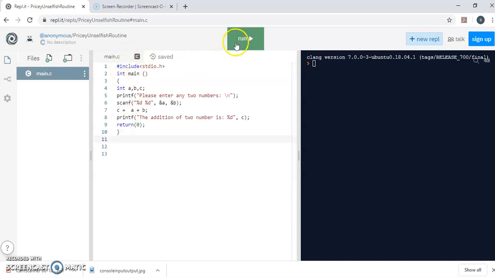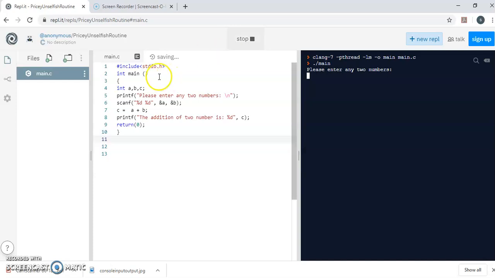I'm running this. See, #include <stdio.h> header file, int main, and we are using return 0. Int a, b, c, so I have declared that these will store integer values. Then I gave a printf, which displays the statement: please enter any two numbers. So it's asking for two numbers and waiting for our input.